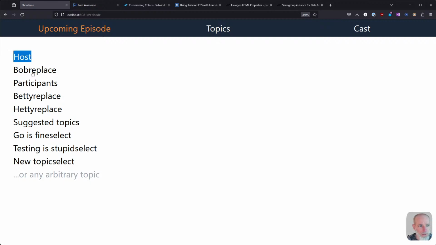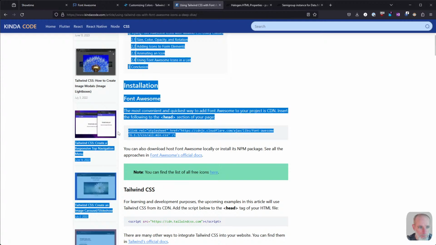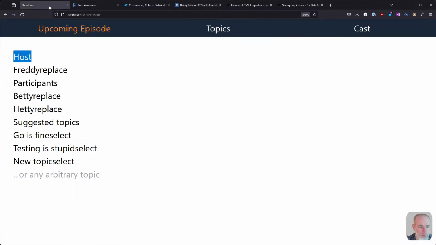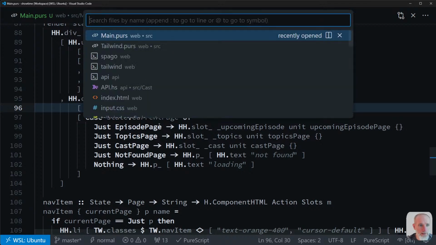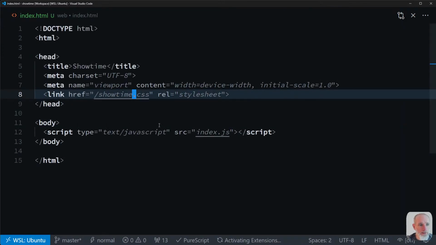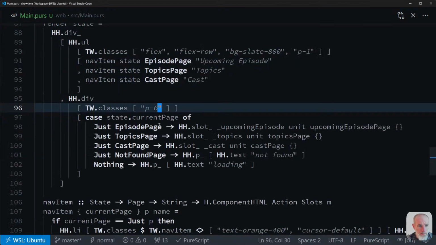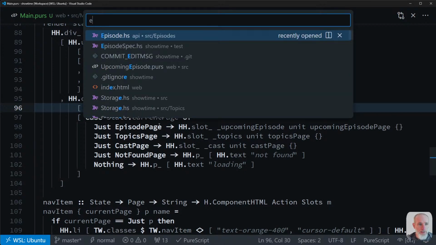So this is kind of a heading. This is, whoops, wow, that's a button. This is where I want to put in Font Awesome. So I want to grab just this piece of code, and I'm going to stick it in my index HTML. So we'll pull in Font Awesome, and then in the episode page,